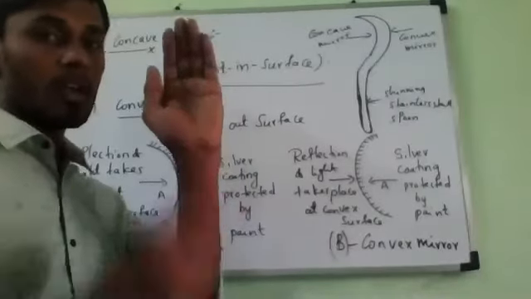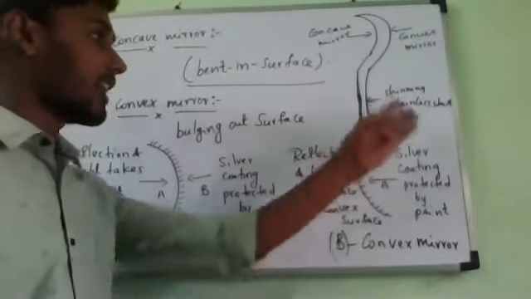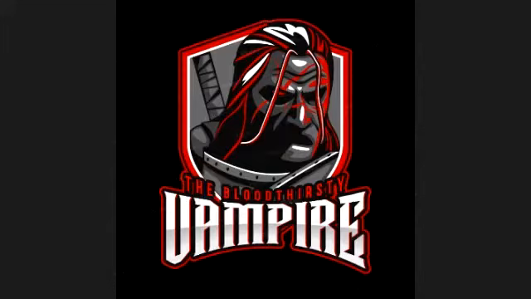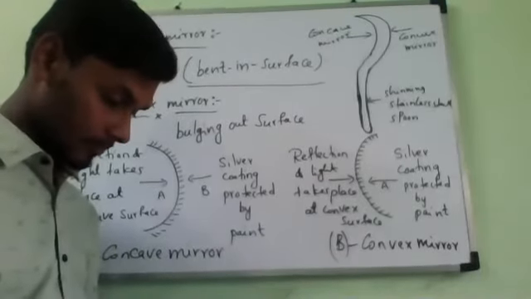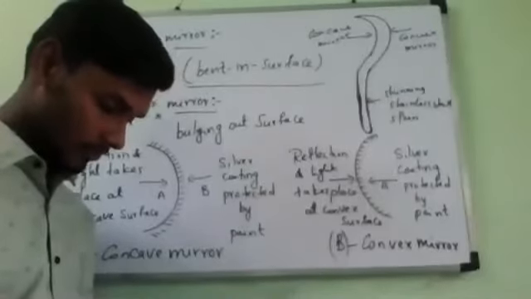Sir, that spoon, can you say again, sir? Nothing is there. You take the spoon: front surface, concave mirror; back surface, convex mirror. That's all. And this is the name: it is a spoon, a shining spoon. That's all. Nothing is there. Understood? Yes, sir. There is a stainless steel spoon also.